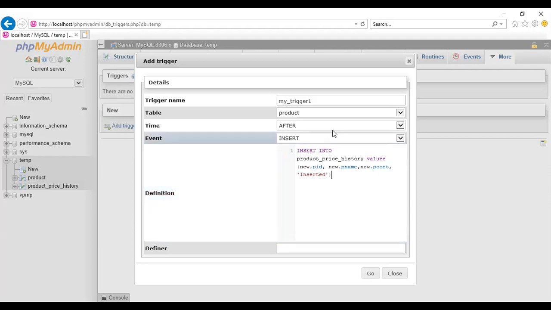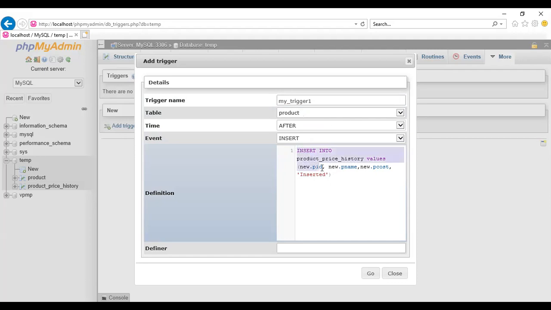So once again, what we have to do in this trigger my_trigger1, it is going to fire on the product table after insert operation. So on the product table, when any record is going to insert, at that time this SQL statement is going to execute automatically.